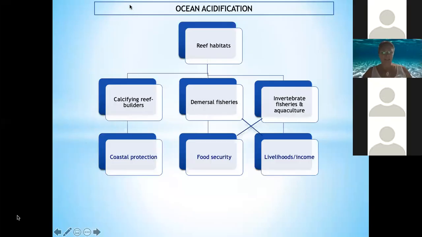So having understood what it meant for reef habitats and coastal habitats, and then all of the organisms that depend on those, and then looking at the different elements of what this means for communities, so coastal protection, food security, and livelihoods, we then actually looked at each of the 22 Pacific Island nations to understand their vulnerability as a nation, which encompasses all of the different elements and all of the different goods and services they get from the ocean, and what does ocean acidification mean for these nations overall. Next slide.